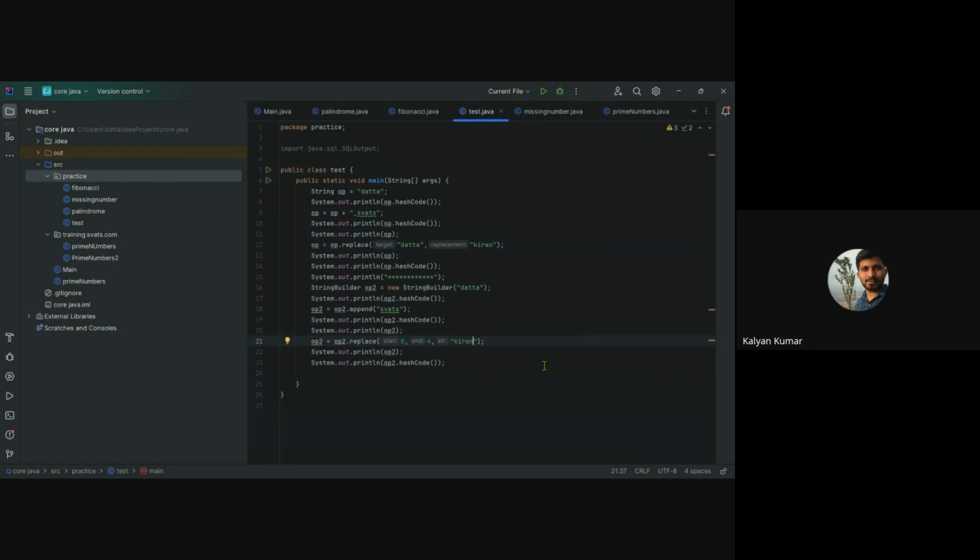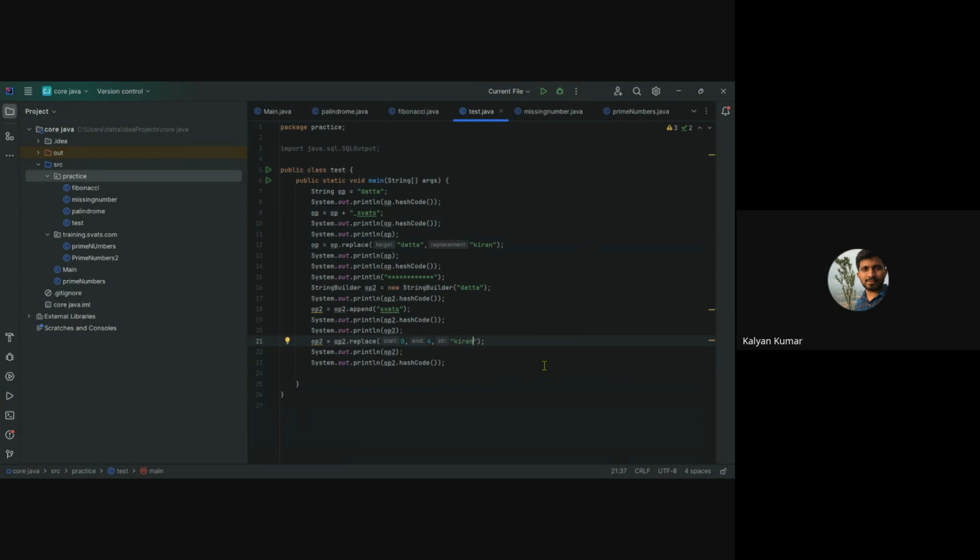So first you have a string builder, and you concatenate to this string builder with the append method, right? It is just modifying the existing string. Then when you replace it with another string, Kiran, it is also modifying the existing string.